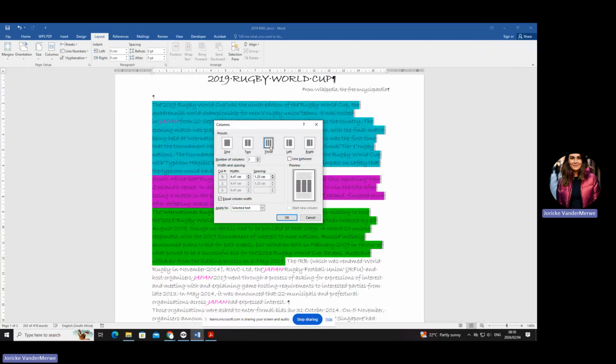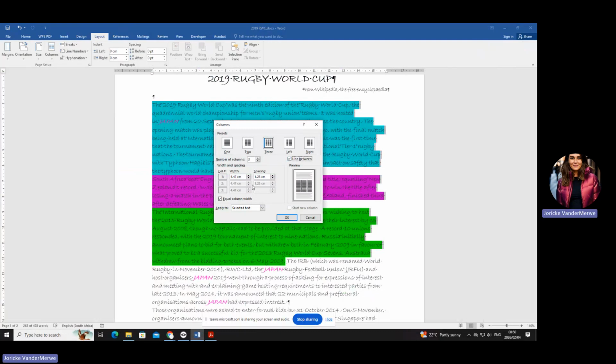The reason why is sometimes the examiner wants some extra things from you. What are those extra things? It can be a line in between. Can you see there's a little line that goes in between my columns? They don't ask this in this specific question paper, but I'm showing you how to do that.